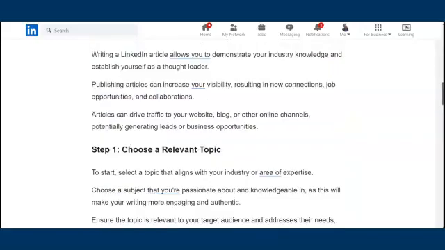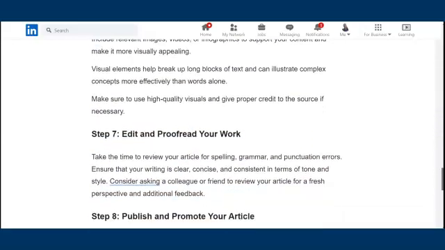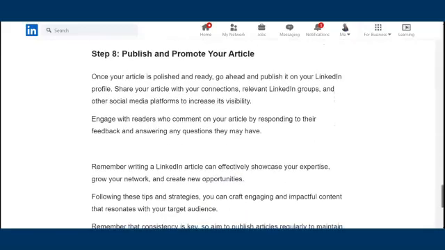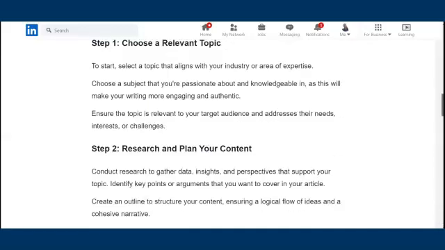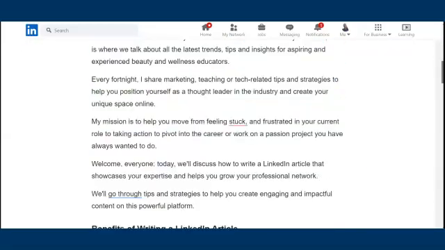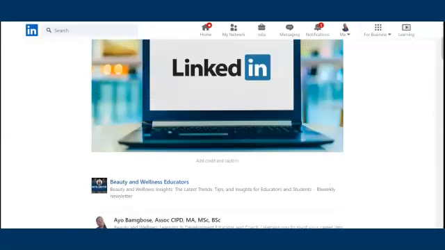If I wanted to place another image, I would definitely want something in the area of edit and proofread. So as you go a little bit further down, before you get to the end of your article, you might want to place one other image. The other thing I want to show you is how to add a video. Let's say with this article, this video that you're watching right now would be the video that I would include if I was doing it for a different topic.